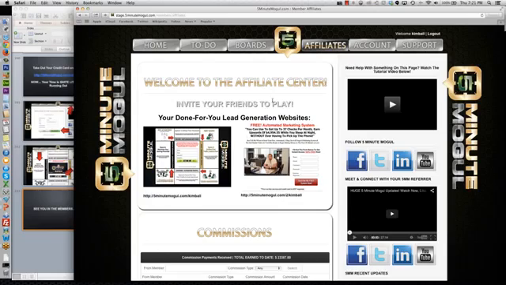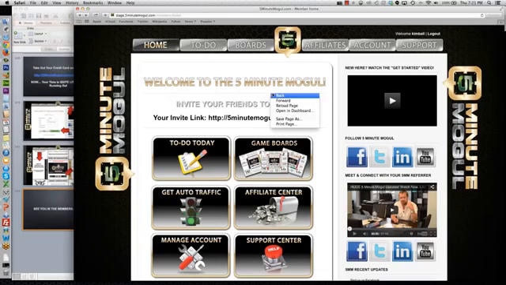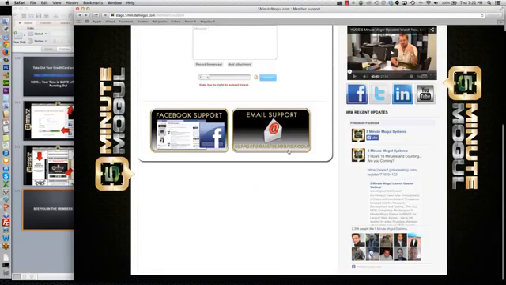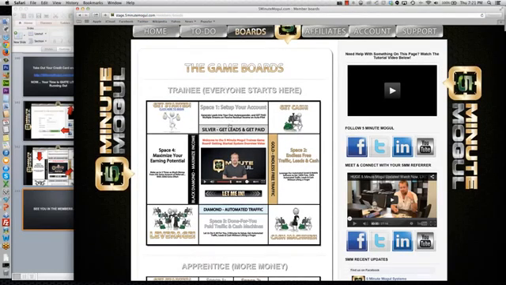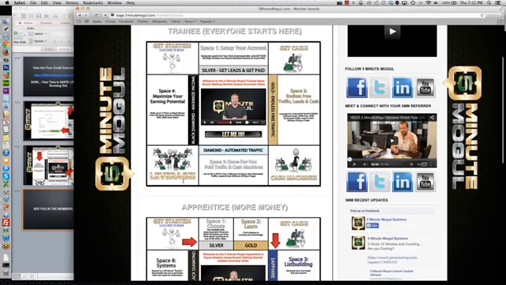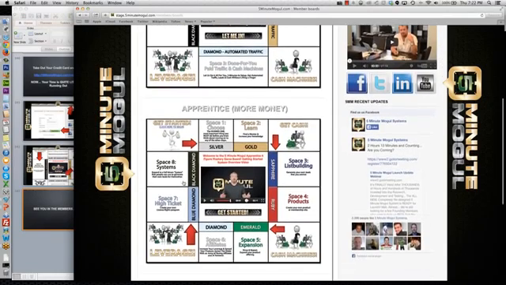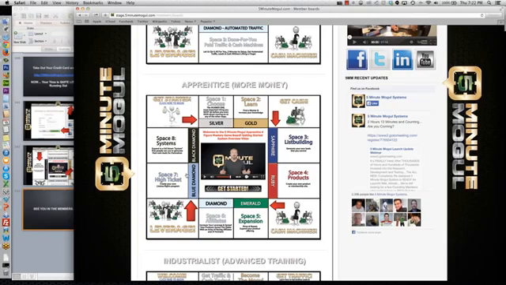And this trainee game board takes people through the very simple setup of the 5-Minute Mogul system, the ability for you to enter your own autoresponder and earn income streams, and teaching how to get traffic, and teaching how to get done for you traffic, and then how to make the most amount of money within the 5-Minute Mogul system. Very straightforward, 4 simple steps to set up. That's what you're giving away as a lead magnet, we would call it. That's what you're giving away to convince people to want to give you their email address and come play the game with you. Then people have the opportunity to graduate and move up to what we call our apprentice 6-figure